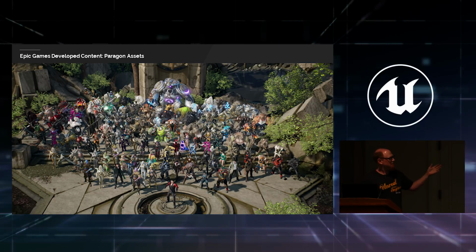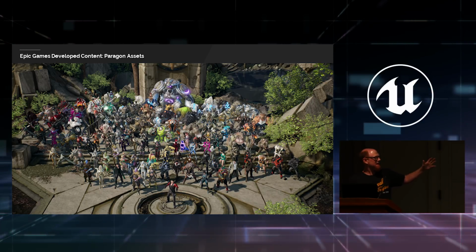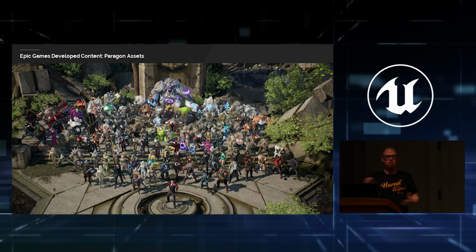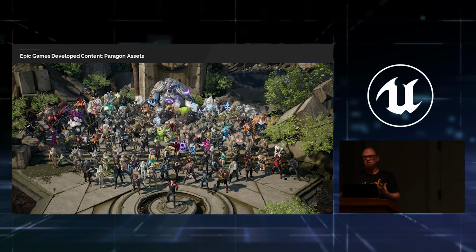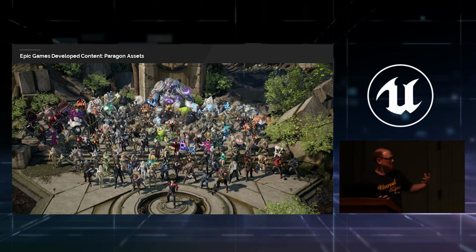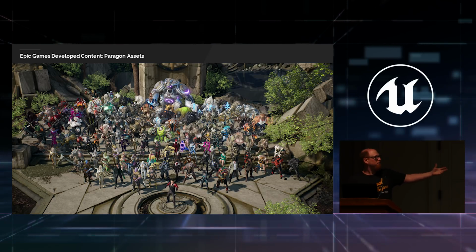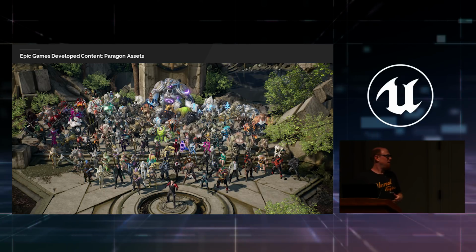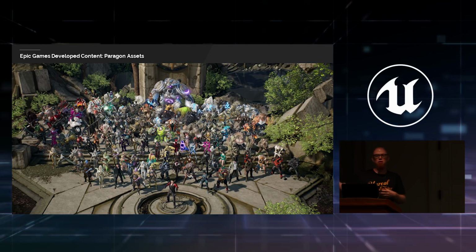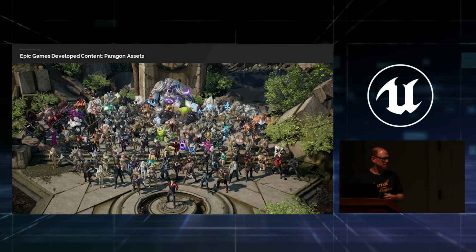This is licensed under the same level license as all of our other content. So you can take anything in here and use it for your own projects. Right? That's a huge level up for so many people because, look at those beautiful textures and lighting, and all of the effects for their attacks and the sound effects are all included. And as the year goes on, we'll be releasing more and more of this content.